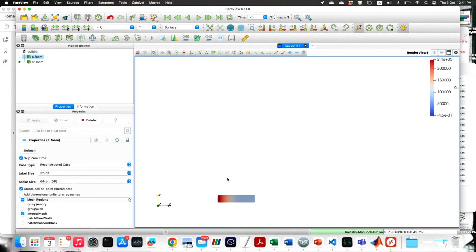So, the shock tube, because I had not unloaded the other one. So, let me just make it big,